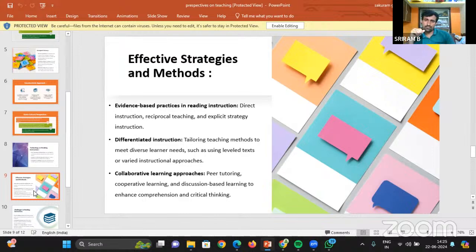Yes, sir. In group activities or group reading, for example, 4 or 5 students are reading in a group, but all the students cannot read properly or understand properly. So if one student understands the paragraph or comprehension, he can explain the meaning properly to the other friend. So they can communicate with both.